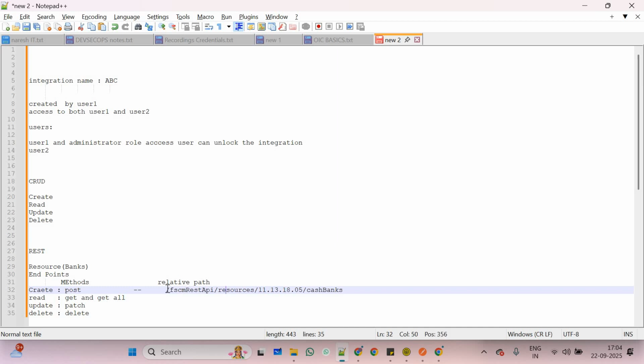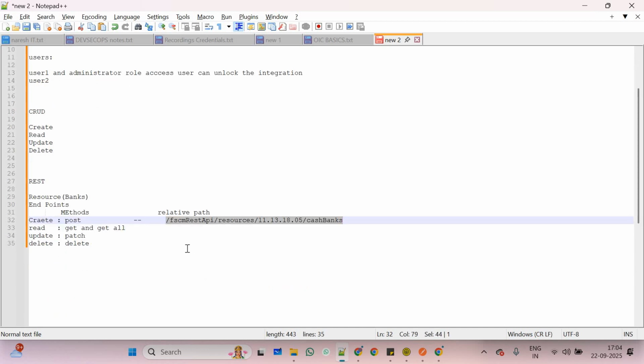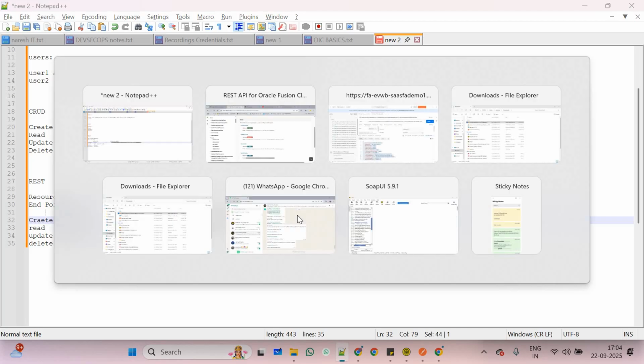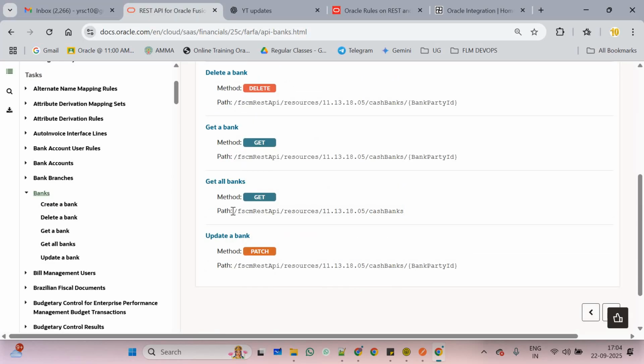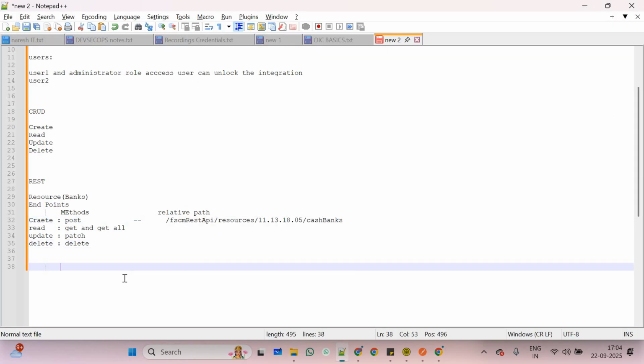Okay, let me show an example. If this relative path, for suppose I want to get all the bank details. Okay, this is a path. I will make use of this path. Here we'll paste the Fusion instance. Suppose I'm having some Fusion instance, right? I will place the Fusion instance details over here, and this